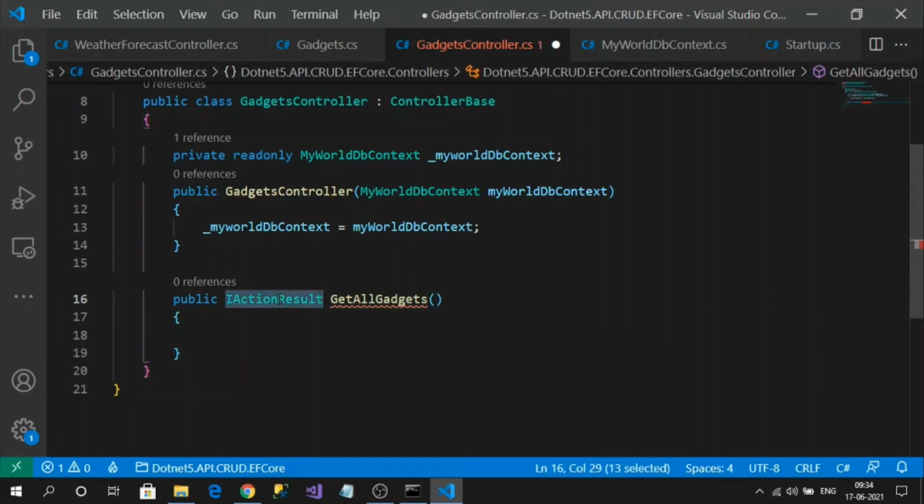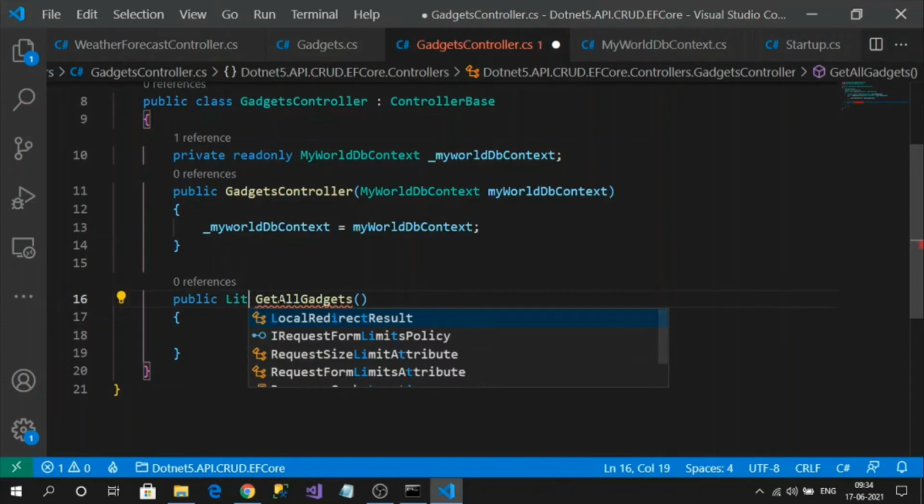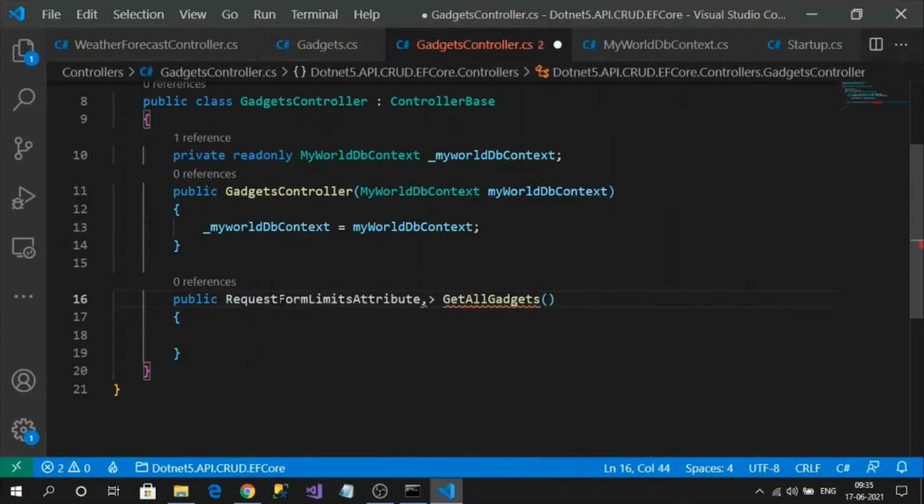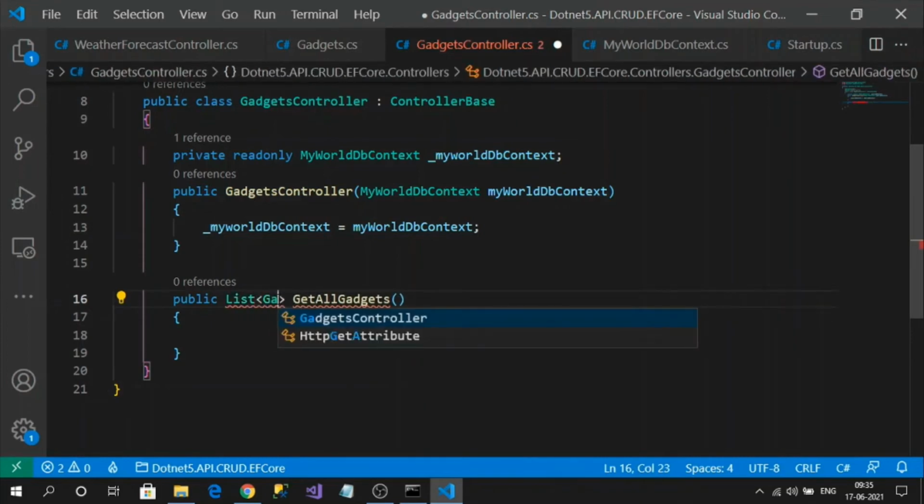IActionResult is the default response type in Web API, the most commonly used and recommended way. You can also use the type of the response. My type is, sorry, Gadgets, right? I can define the type of the response also.